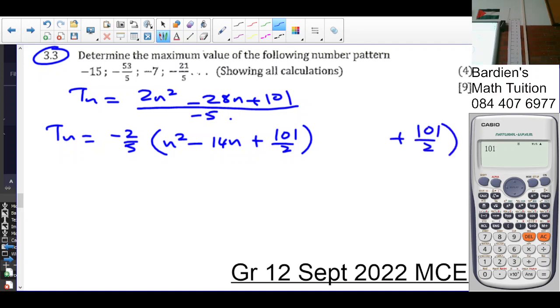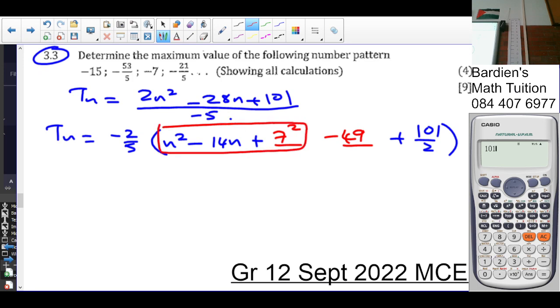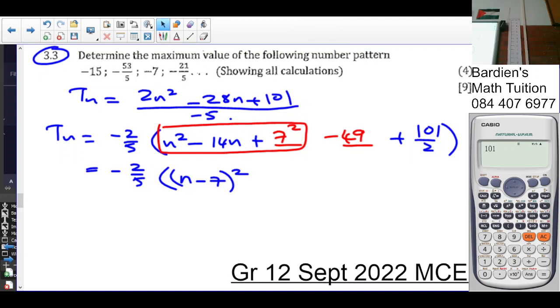So what must be added to complete the square must be subtracted as well. So it's going to be 14, b times a half, which is 7, squared is 49. So there's your perfect square trinomial. That's going to give you negative 2 over 5 into n minus 7 squared, and then on the calculator you say negative 49